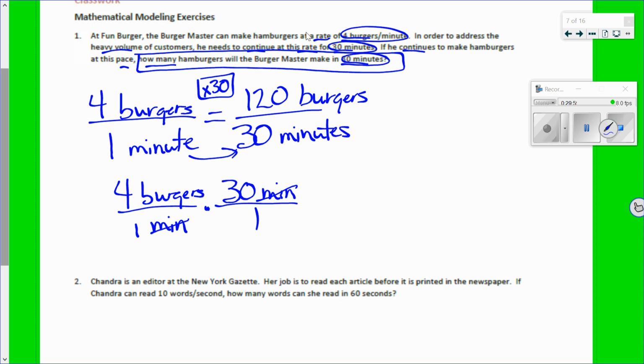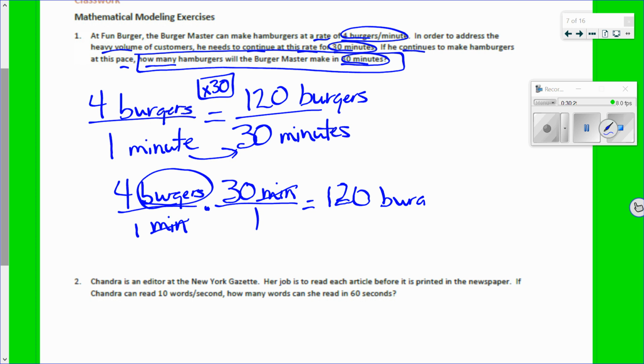Why are we changing? If I divide something by itself, what does it equal? 1. Does it matter if it's numbers or units? No. So, minutes divided by minutes is 1, so I can actually cross them out, because if I do 1 times anything, I get 1. So what that leaves me now is 4 times 30 gives me 120. The only unit left is